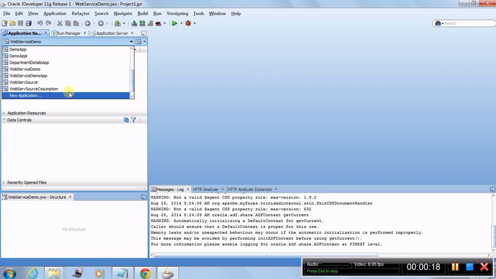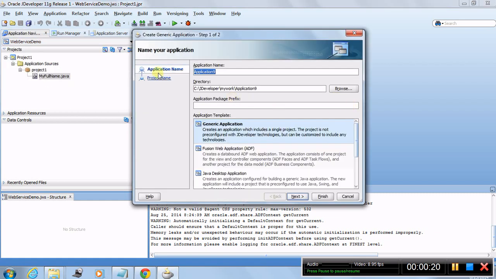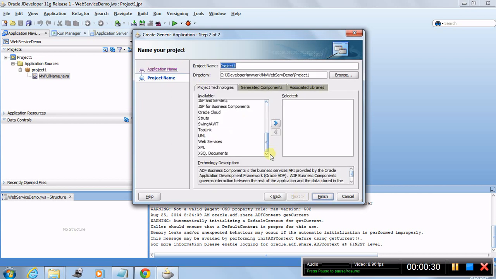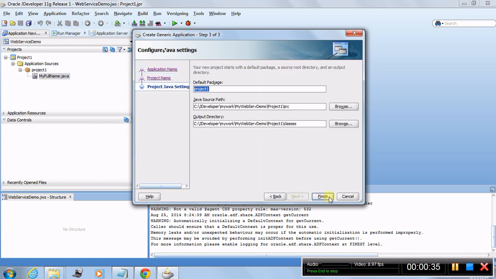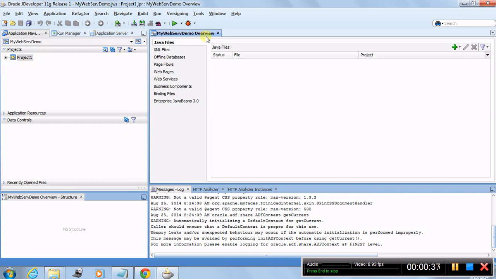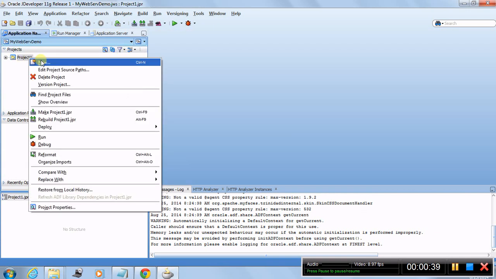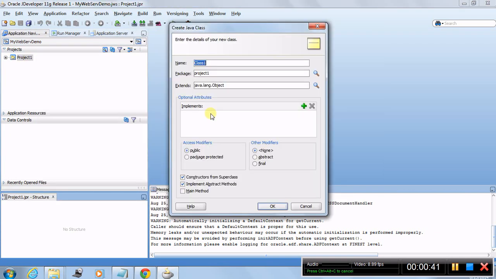So let's go ahead and say I want to create a new application, and I want to call it my web service demo. It would be a generic application. And what are the technologies being pulled in? I want to have web service, let it be project 1. And after this, one class,